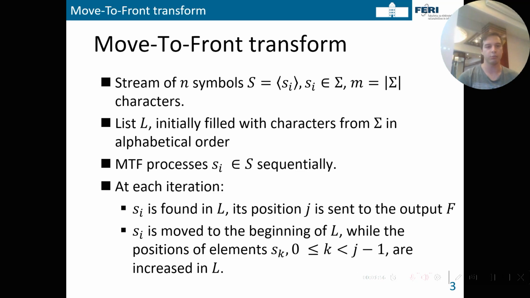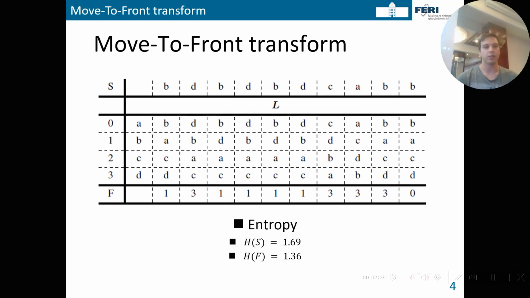And after that, move to front, or MTF, processes symbols from the stream S sequentially. At each iteration, the i-th symbol S_i is found in list L. Its position J is sent to the output F. And after that, S_i is moved to the beginning of list L, while the positions of elements before position J are increased in the list. So here we have an example